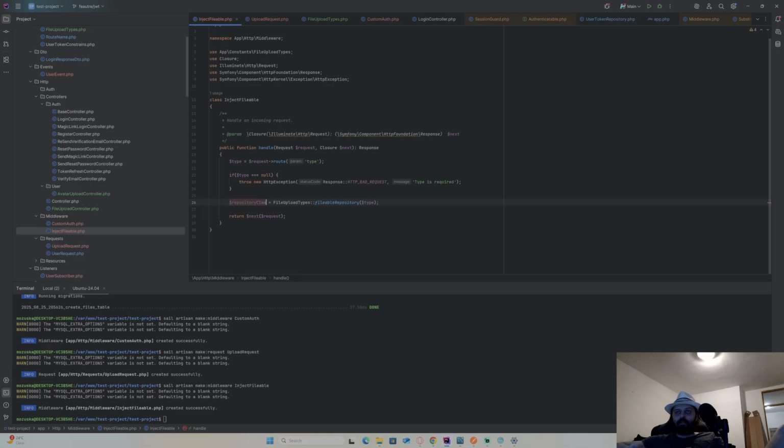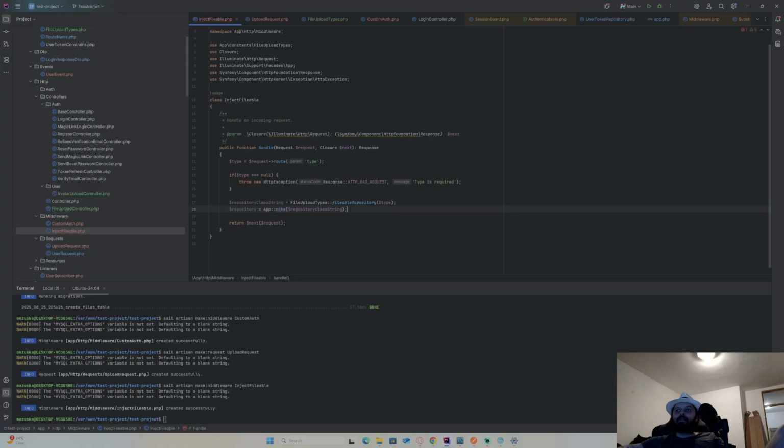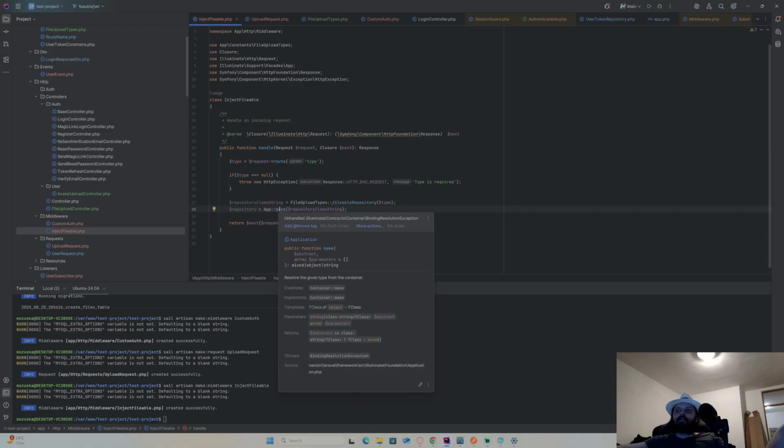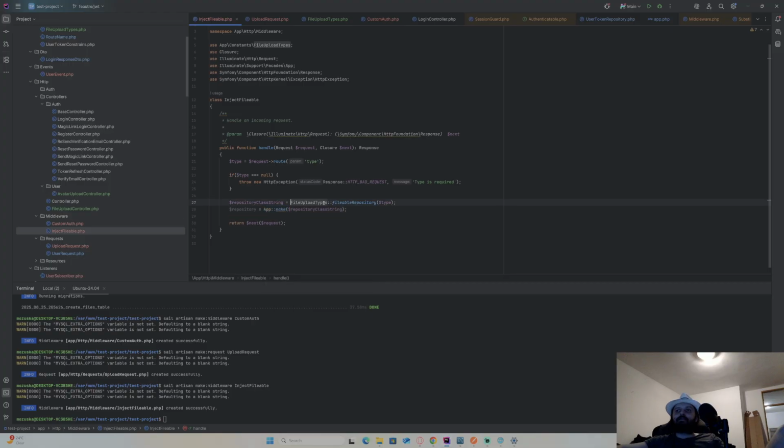Repository class string. And let's do, I apologize, let's do now repository. I can inject it like this. I need to bind everything that's bound. If there is something, make. So it is make. So I just do this in one line. Then here. No, like this. Alright, that's it. Now I have the repository class.